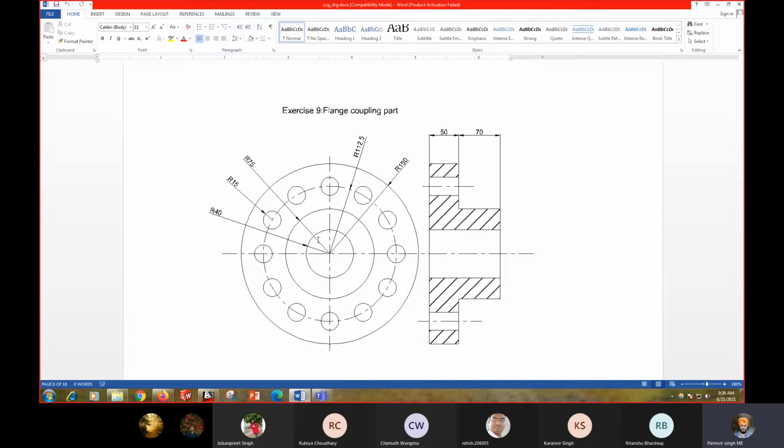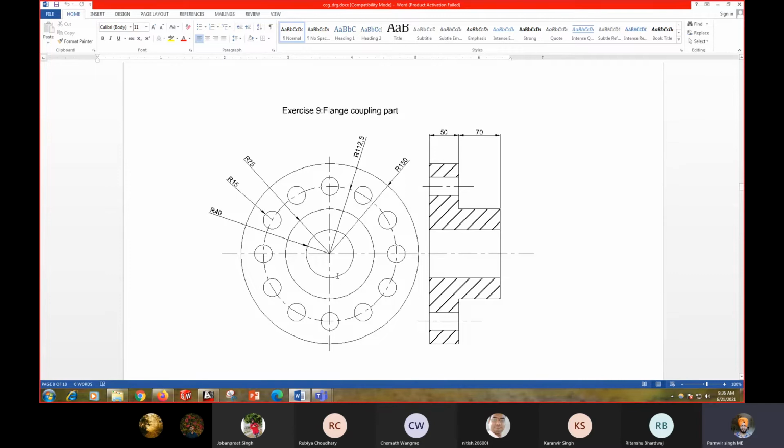So I can use the offset command. So let's use the offset command to draw the left side view. I'm not using the line command, I'm using only the offset command and the trim command to draw the left side view.